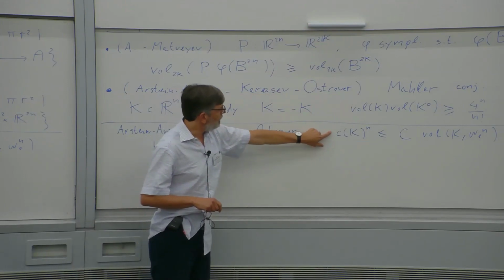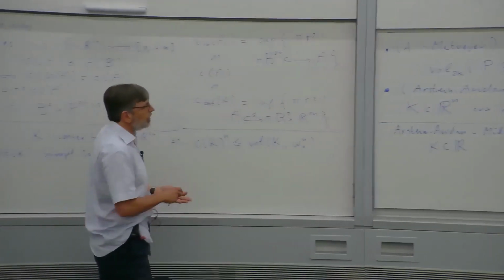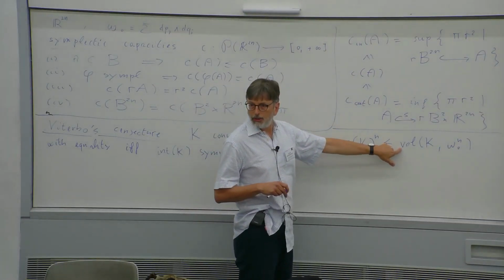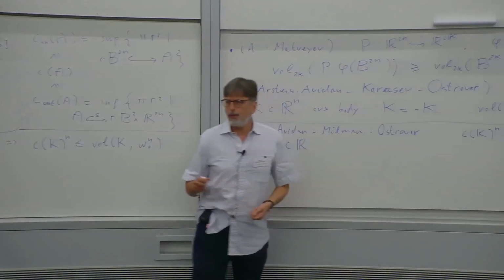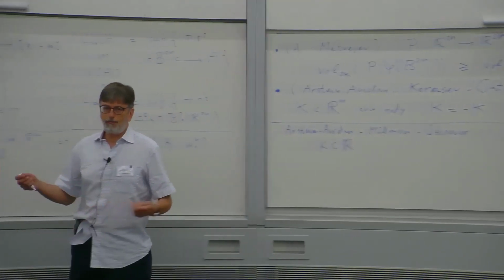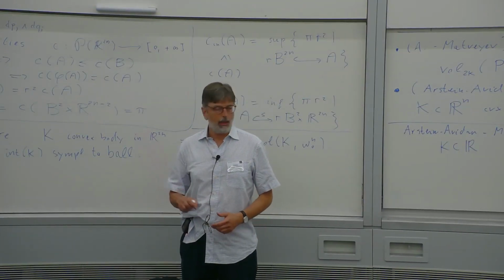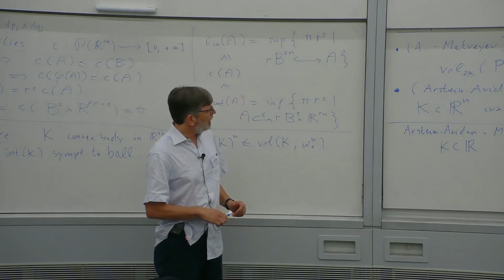So asymptotically the conjecture is true. The difficulty in this conjecture is really to get to the optimal constant. And the conjecture is true with the optimal constant in a bunch of special classes of convex sets. And here there are many results. For instance, again,